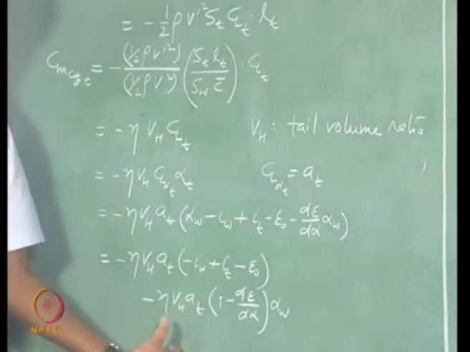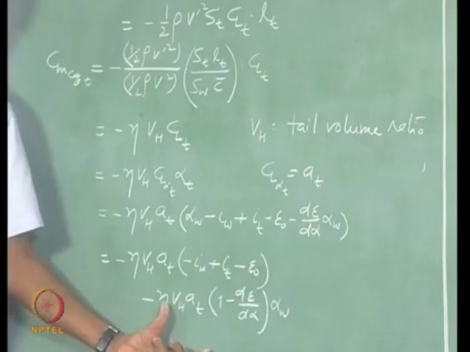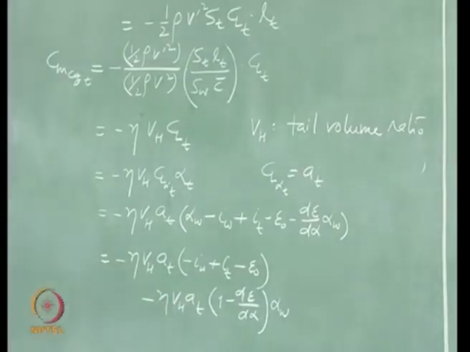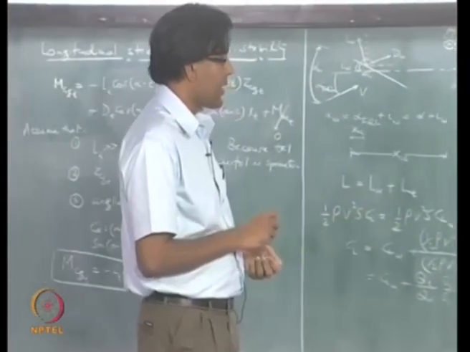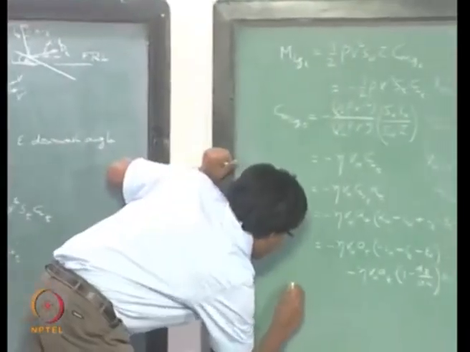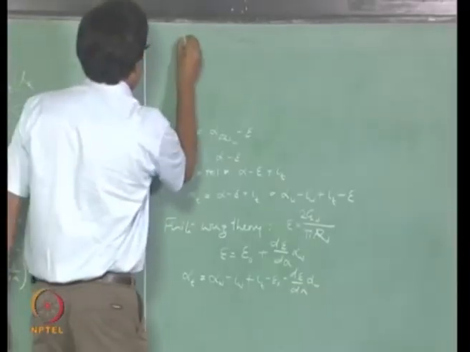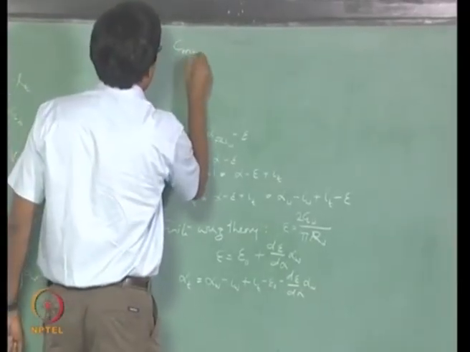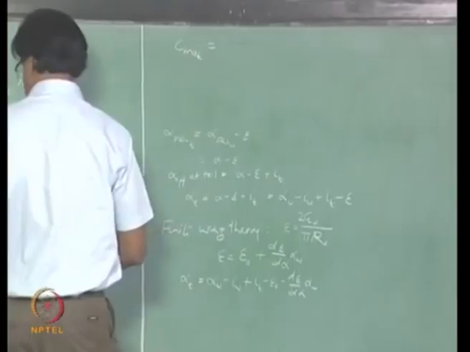This part is a function of angle of attack, right. Okay. So, Cm naught due to tail is